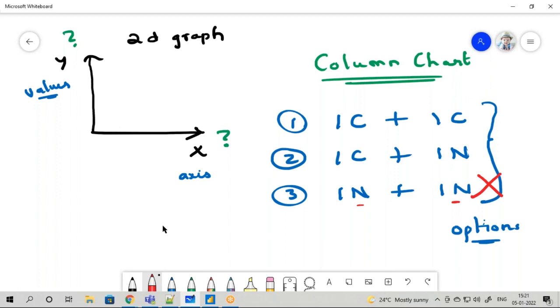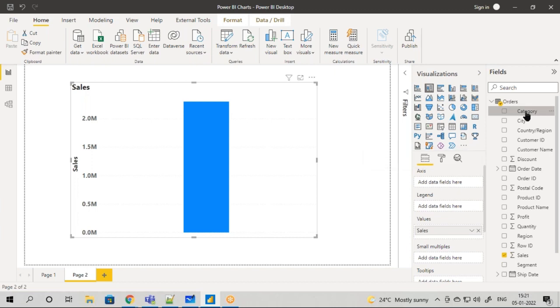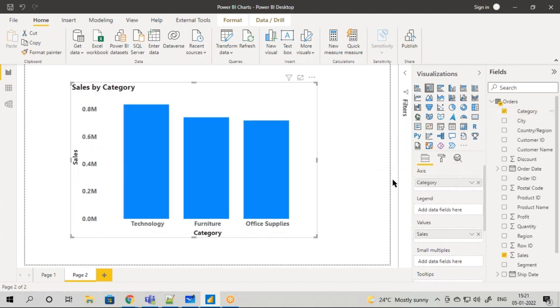Now, let's try the other way. Let the values be sales, but now I'll take categorical data into my axis. Categorical data is nothing but data in string format. So technology, furniture, office supplies are three values. Now this chart is crystal clear. Everything I'm able to read. Within technology, how much sale has happened? Within furniture, how much sale has happened? I am able to get this. I can clearly say that